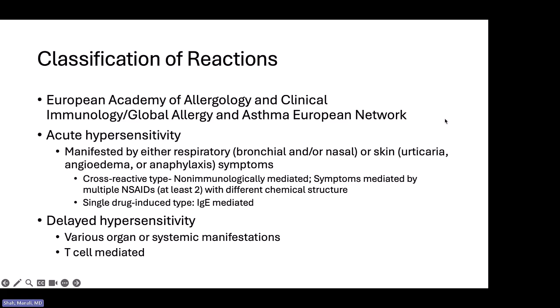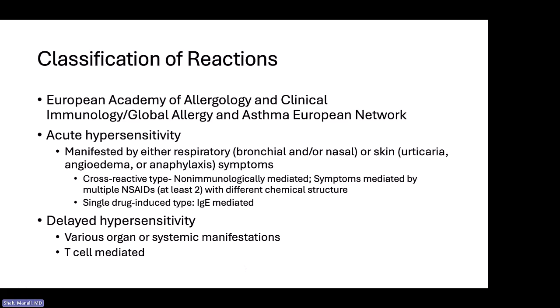Within that acute hypersensitivity category, there can be patients who react to multiple NSAIDs, so that would be the cross-reactive type. Or there's what we call single drug induced, which is an IgE-mediated mechanism where they have symptoms of urticaria, angioedema, anaphylaxis